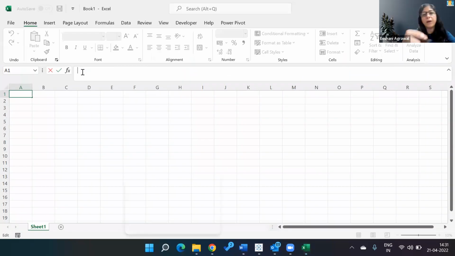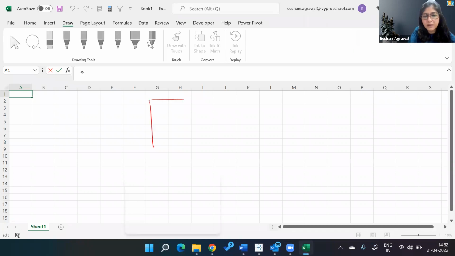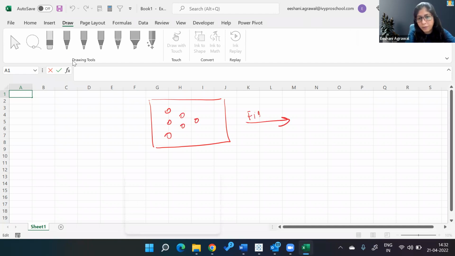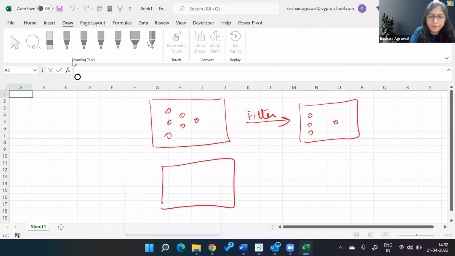So think about it. In order to understand this concept, let's say we started with this data set. When I apply a filter on top of it, I may not have all the 6 dots, correct? I may end up like this. Data gets reduced in your visual, right? But when you are doing a highlight, then what happens over here is,